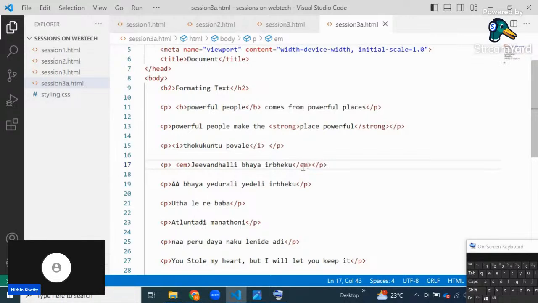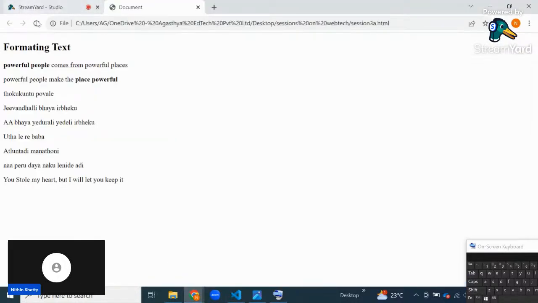Okay, so if I come to my output and refresh, see, it is showing the text in a different style again. This is an italic style, an italic way of writing the text. So if you see here,